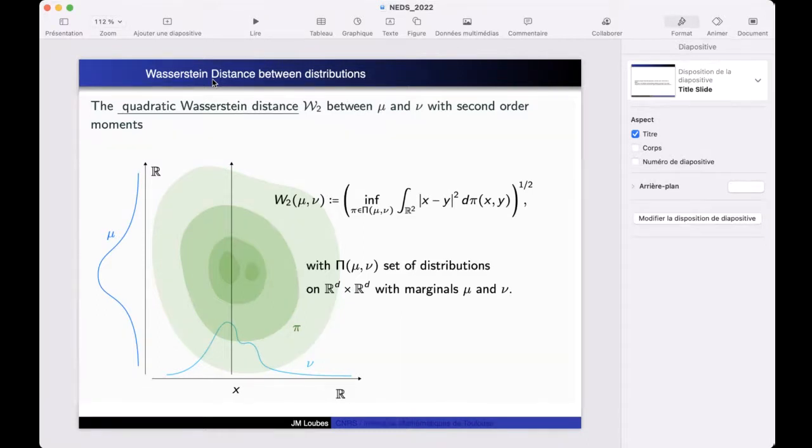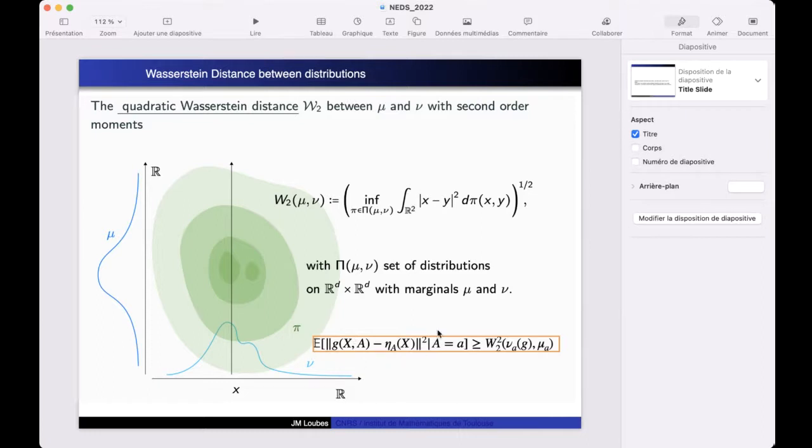So what is the Wasserstein distance? If I take one distribution mu and another distribution nu, then the Wasserstein distance between mu and nu is the minimal coupling between any distribution which has marginals mu and nu. So I minimize over the set of couplings between mu and nu, with marginals mu and nu, the distance between one marginal with respect to the other one. And in fact,